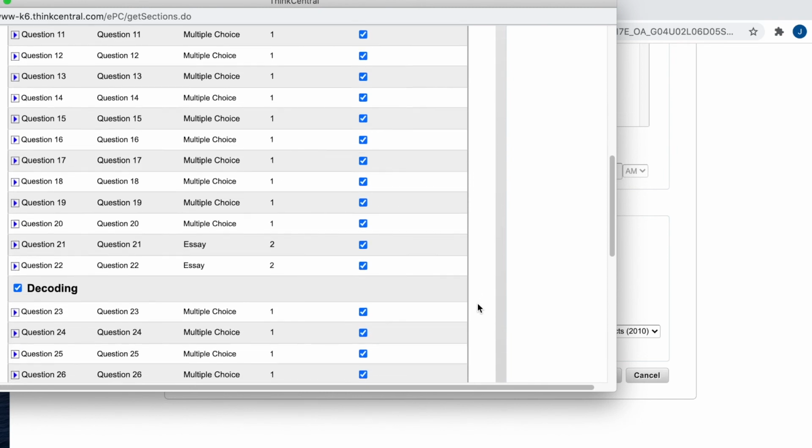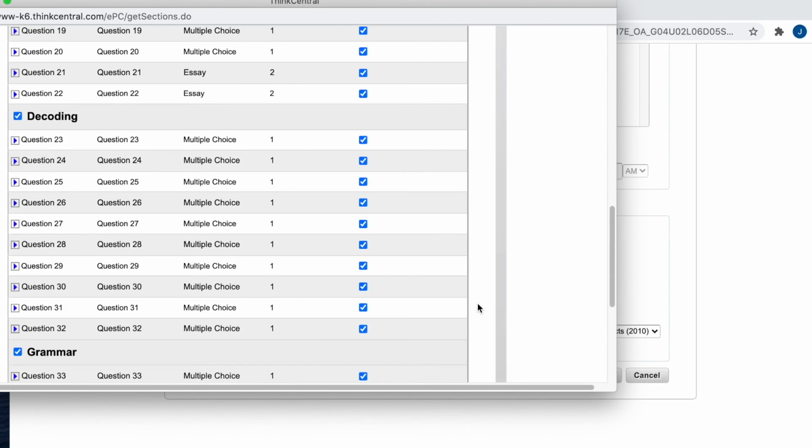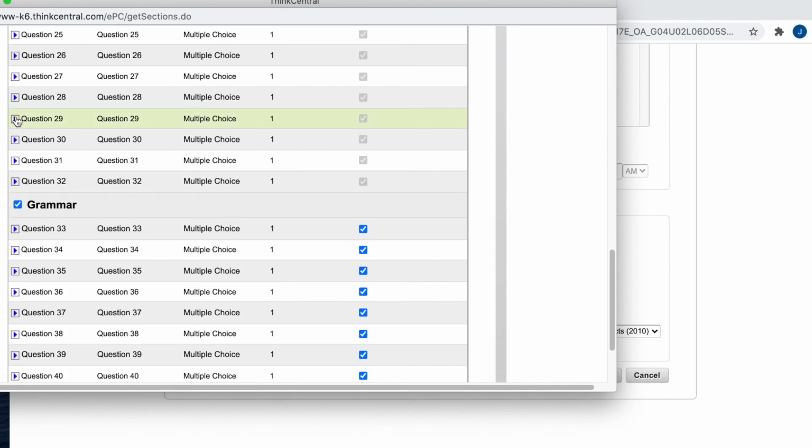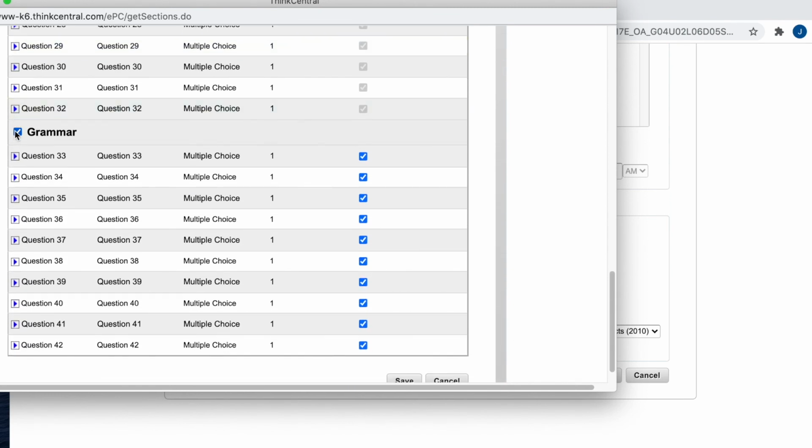And then if that's the case, you will click on the check mark here where decoding is at, and that'll filter all the decoding questions. And also with grammar, if you are not going to assess grammar, you can filter that out by clicking there. But if you want to add some grammar questions, click that back on and then just filter and pick and choose which questions you'd like to